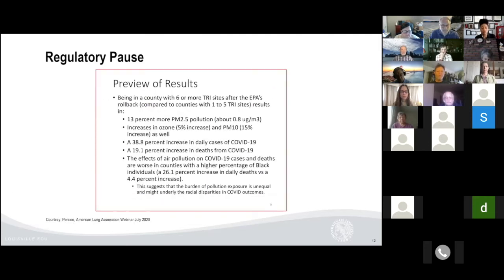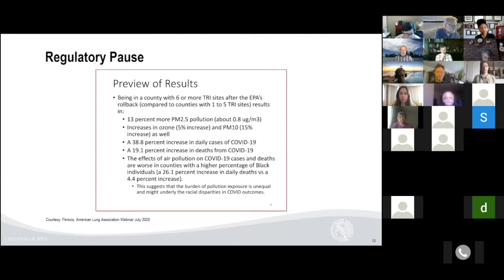I'm going to be sharing results that Claudia Prosecco and her team at American University shared during an American Lung Association webinar last July. They found that during the regulatory pause, there were higher levels of PM 2.5 and ozone being emitted. They also found higher COVID cases and deaths during this time. Furthermore, they found disparities: this relationship between air pollution and COVID was worse in counties that had a higher percentage of African Americans. And so this drives a hypothesis